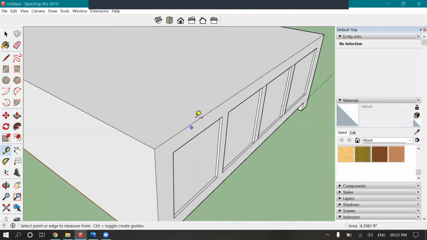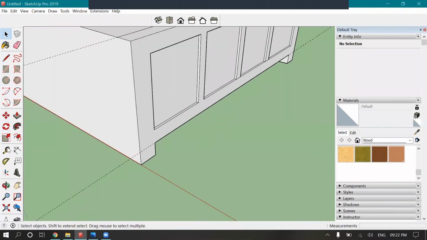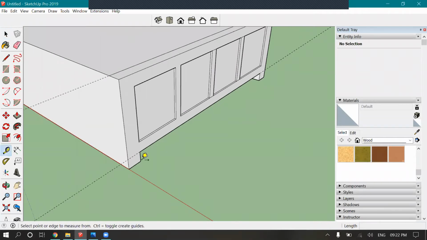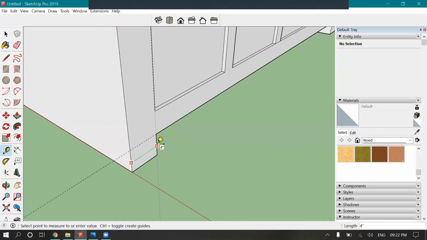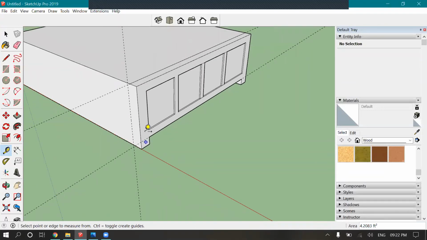The general thickness of our front part, let's say, will be 3 inches. Sorry, 4 inches. So we need to draw the leg of 4 inches once again.